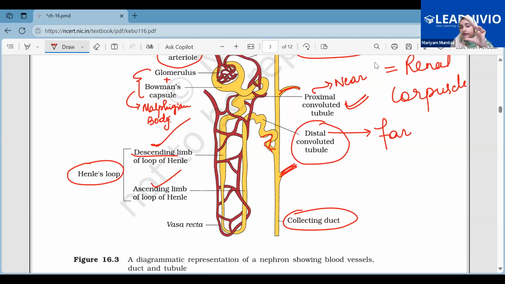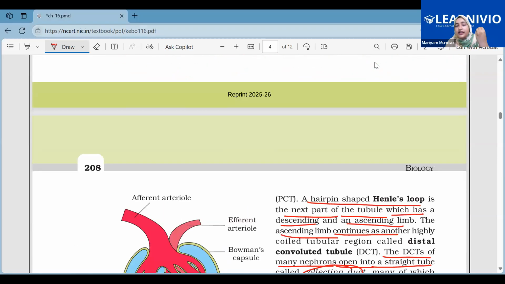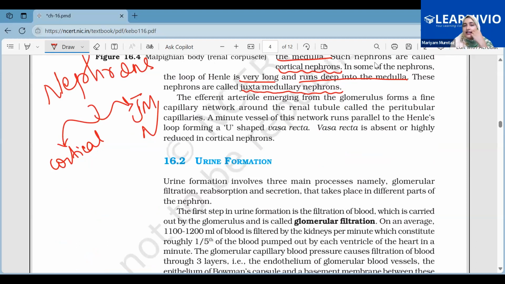So this network of blood vessels is actually a network formed by the efferent arteriole. It's like a network and we call it the peritubular capillaries. And the part of those peritubular capillaries that runs parallel to the Henle's loop forms a U-shaped